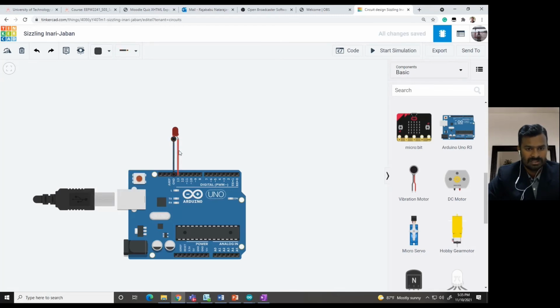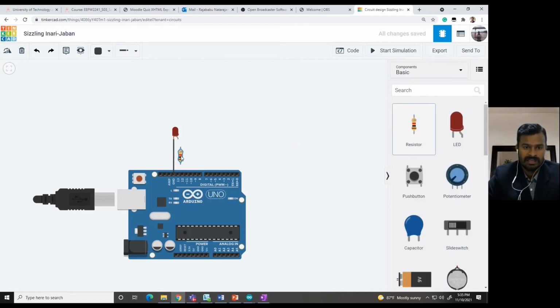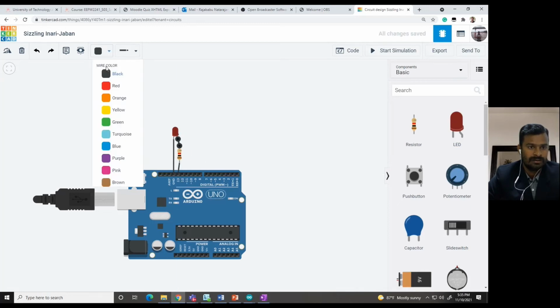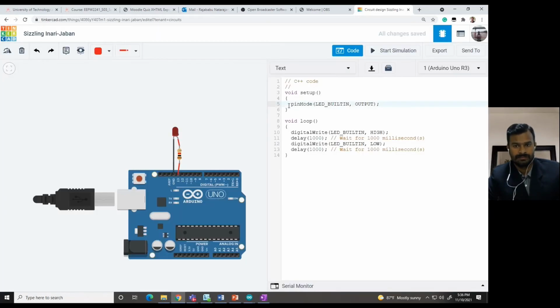Actually, I need to connect a resistor because 5 volts cannot be directly given to the LED. Here nothing will happen since it is a simulation, but when we connect it directly live, the LED will blow off. So I take a 1 kilo ohm resistor. In the code part, let me write the code which I have copied from there. We already have the same code here, so I am not copying from there. digitalWrite LED pin high for 1 second and low for 1 second.